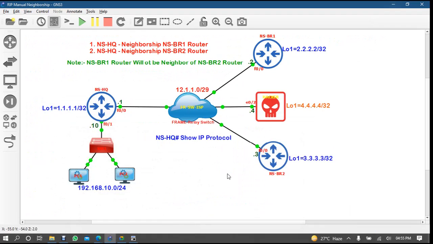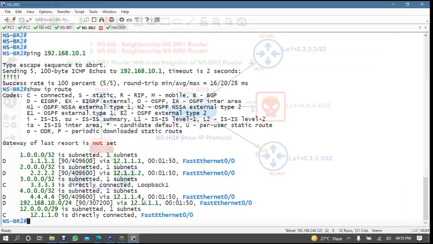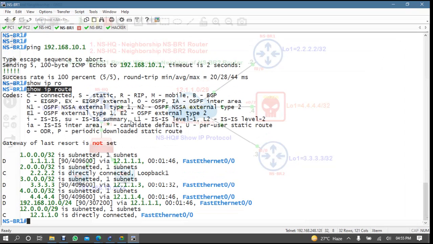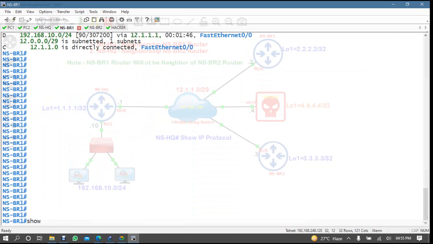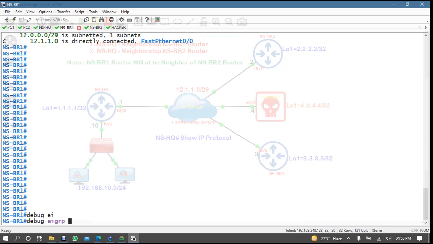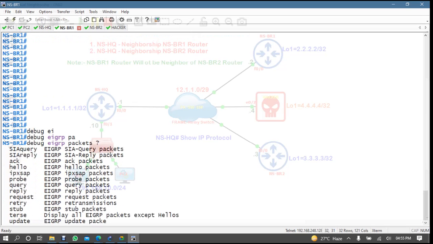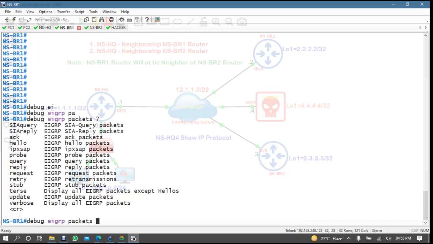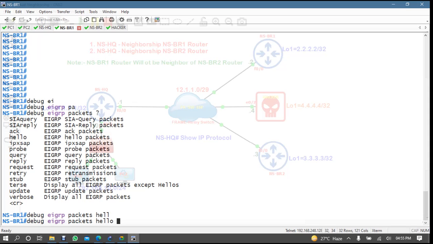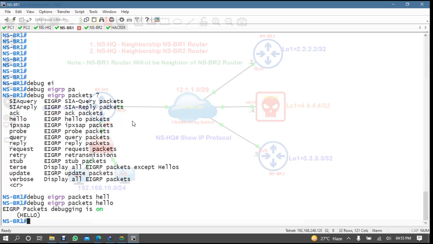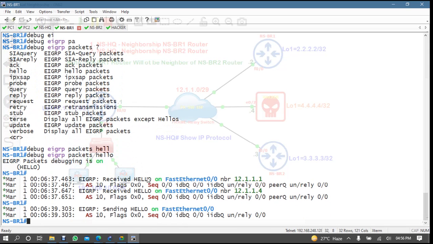Now, due to the hacking problem, your manager or your IT head will say no. Right now if you come to your headquarter router and check here, debug EIGRP packets, query, hello, reply, hello.